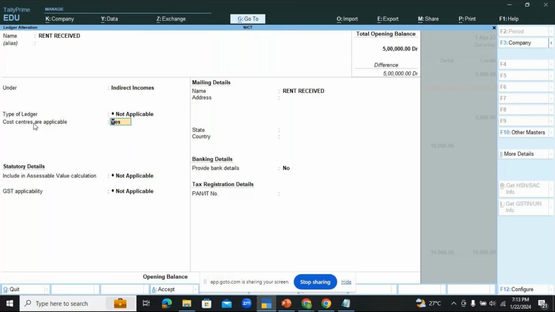No, ma'am. You're not getting this feature. Cost centers are not applicable as you're not getting it. But had you created cost categories and cost centers in the previous sessions? Yes, ma'am, I created. Fine. If you have created, then what you're going to do is, can you see on the right hand side of your screen